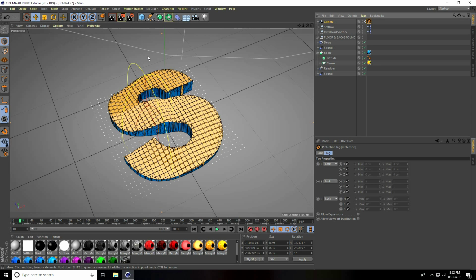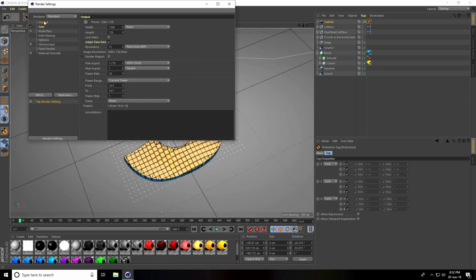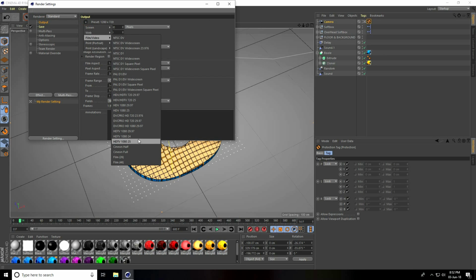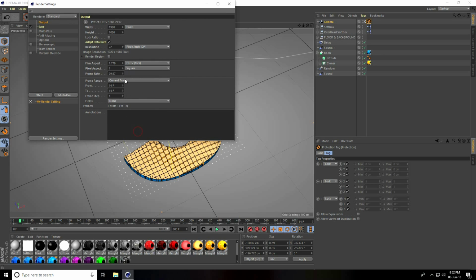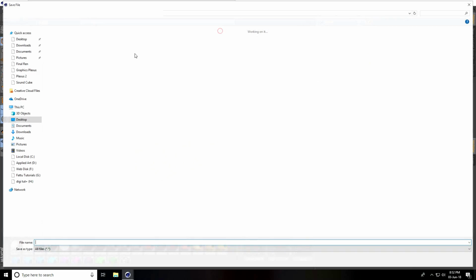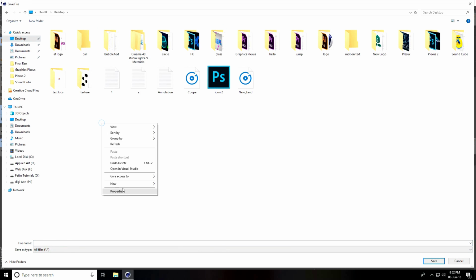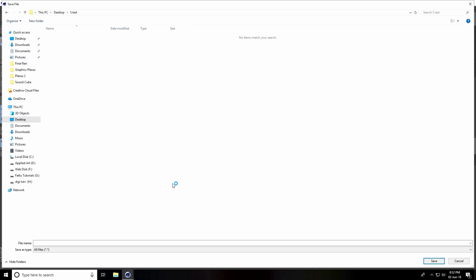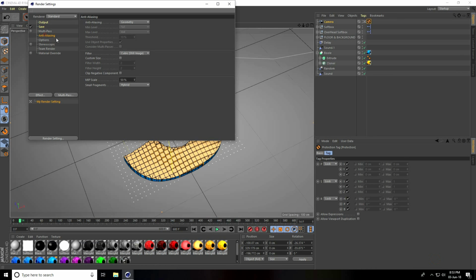I go to Render Settings, Output, use Full HD, frame, all frames. Then Save. Guys, this time I use JPEG sequences. This is my save file path. Create a folder named text, take any file name, and go to Anti-Aliasing.